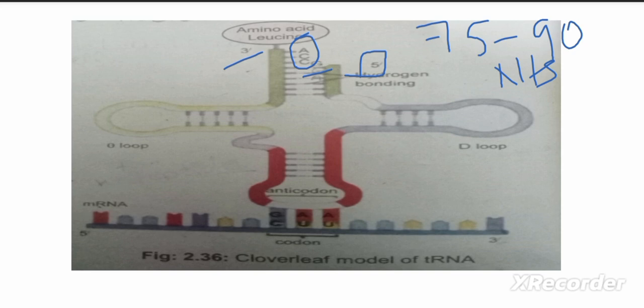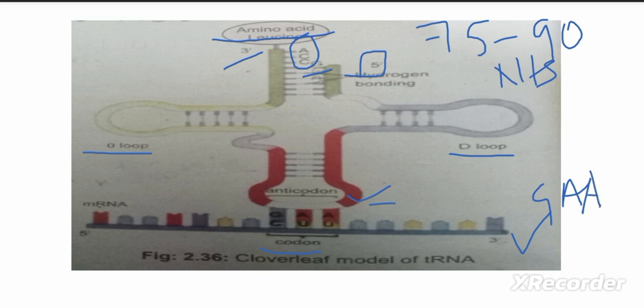This is one point. And an amino acid will be attached to the transfer RNA at the end. You can see that this is the amino acid leucine. It would be attached to the transfer RNA at the end. Here you can see that this transfer RNA is composed of 3 loops: T loop, D loop, and this middle loop. The middle loop is composed of 7 bases, and 3 of them form the anticodon. So here's the MCQ that you should know: the anticodon is present in transfer RNA, and the codon molecules are present on messenger RNA. For example, the anticodon is GAA,